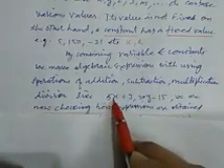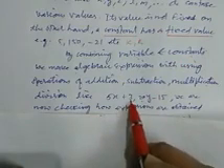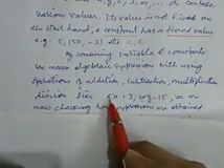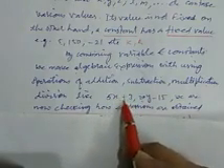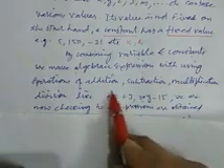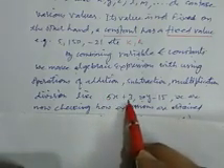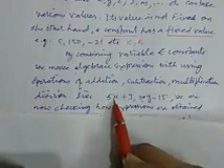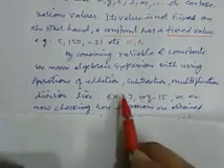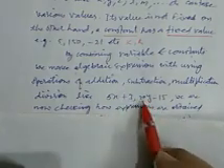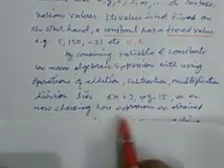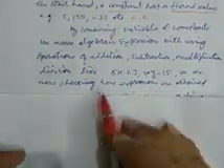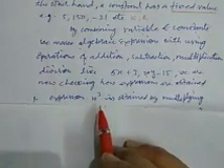So with the help of these operations, variables and constants combine to form algebraic expressions like 5 into x, 5x plus 3. Here 5 and x are operated by multiplication, and 5x and 3 are operated by addition. This combinedly forms an algebraic expression because it contains a variable. Like 20y minus 15, here 20 into y minus 15. Now we check how these types of expressions are obtained.